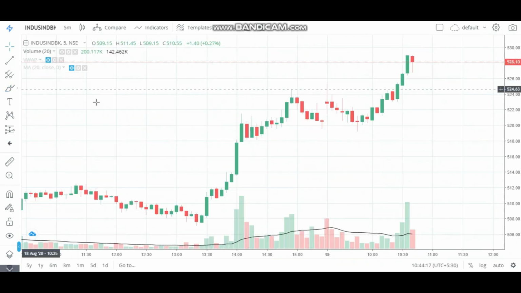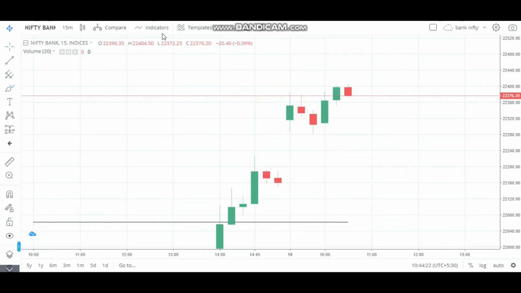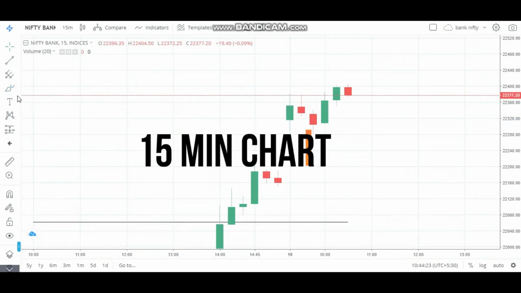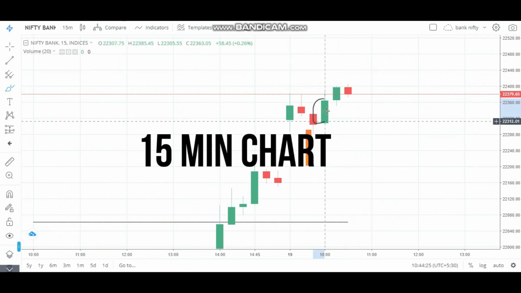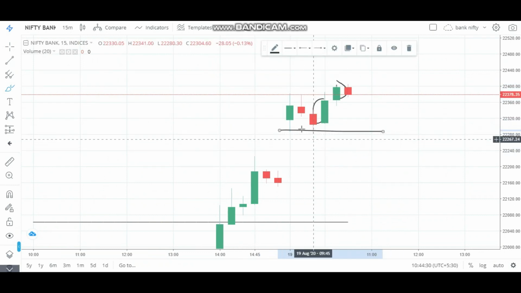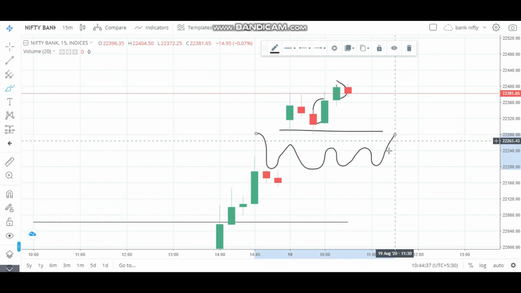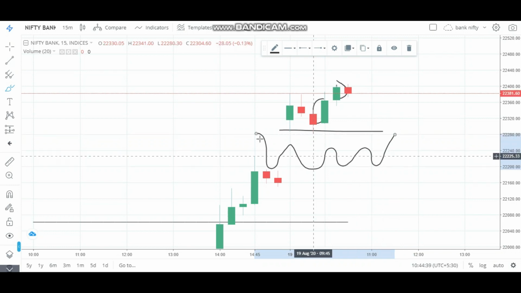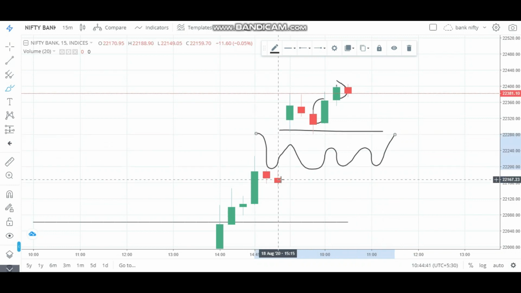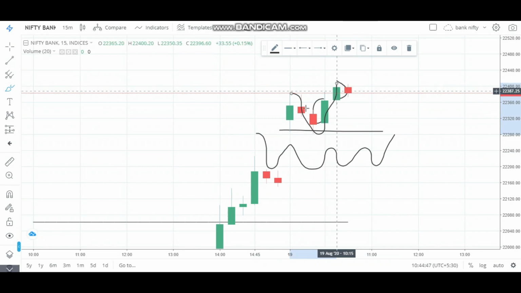So I gave you 2 reasons for today's trade. Let's move on to the third one. We'll go to Bank Nifty, and you can see here big green candles here, and price reversed its direction. Price changes direction to upward from this position. Why? Because there was a gap here. Always remember, gap acts as a resistance or support. Whenever market creates a gap, it will act as a support or resistance. So it took support here and changed its direction.